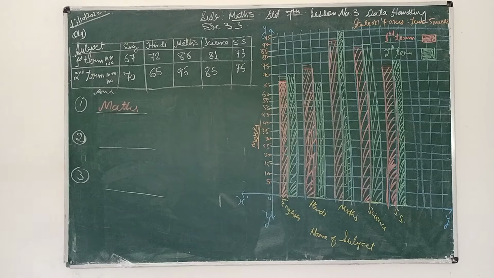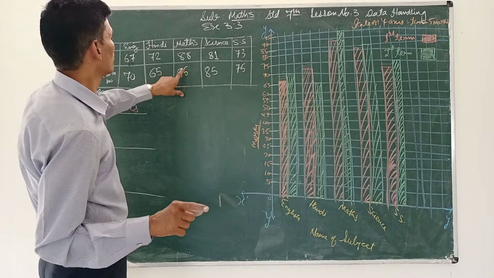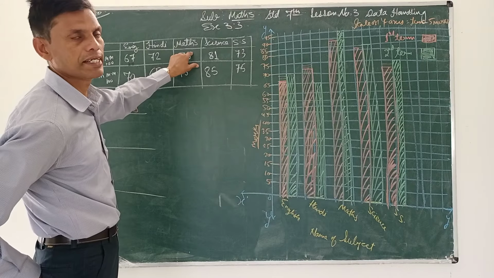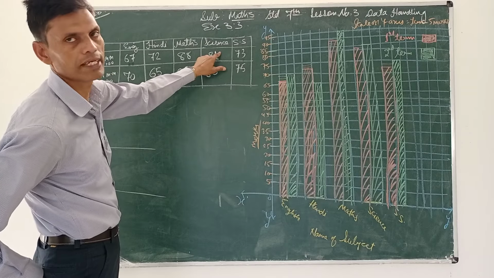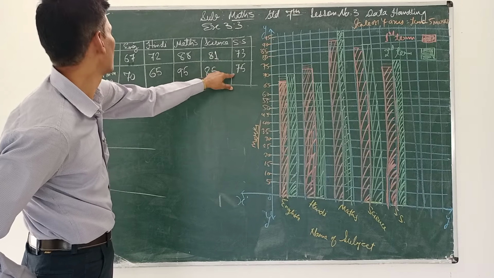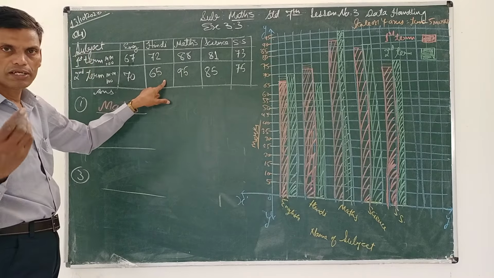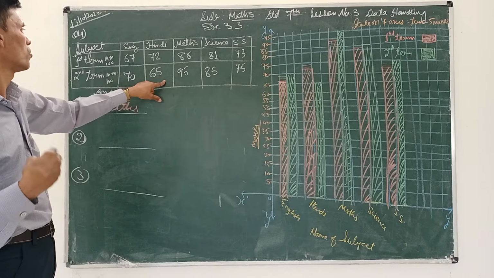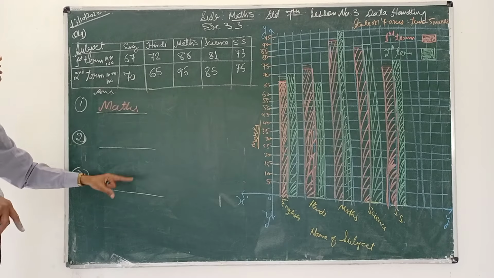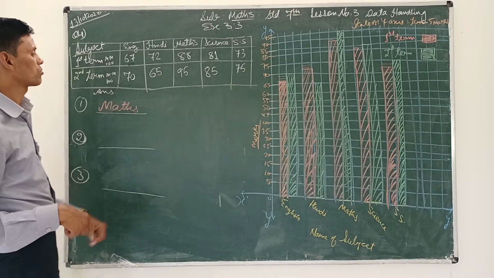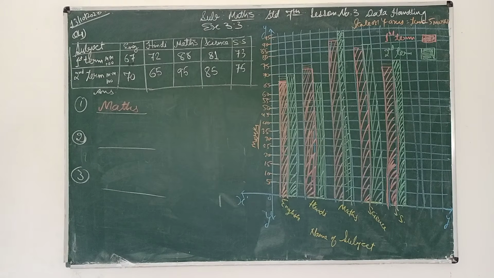Okay. How many marks are there? See. How you can say this is the most, because 95 minus 88 means 7 marks. Here he has also improved in science, but 85 minus 81 is 4. Here he has improved 2 marks. Here he has not improved in Hindi. Here he has improved 3 marks. So what is the maximum marks improving? In maths. So the answer of this question is maths.